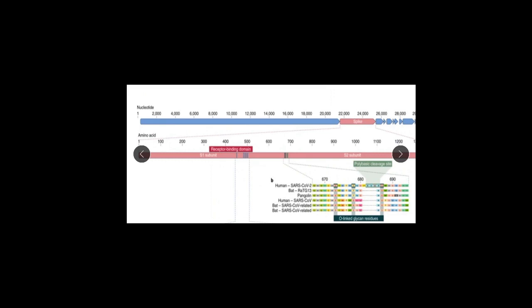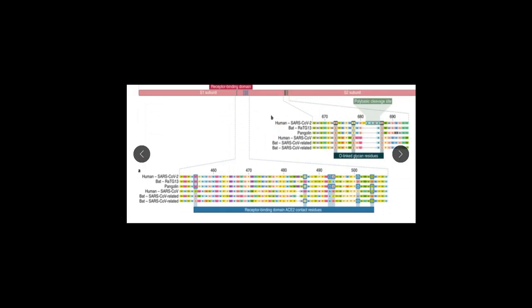After this, we can get the amino acid sequences of this nucleotide sequence,